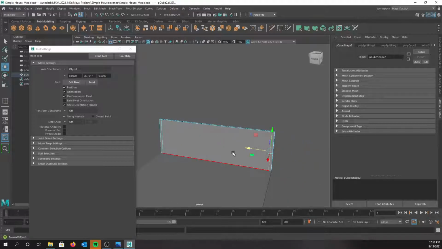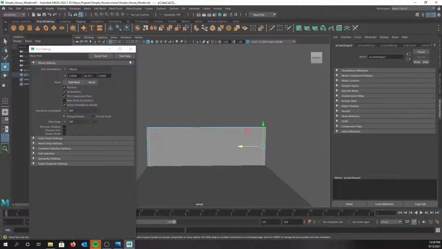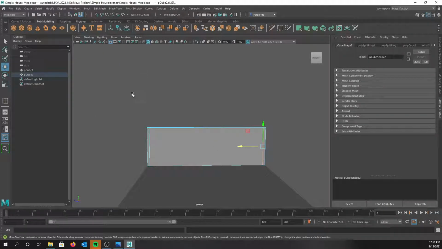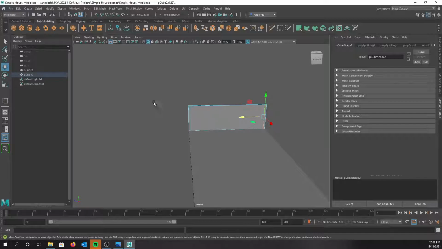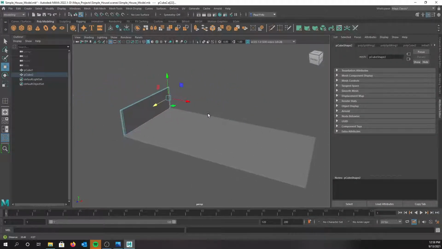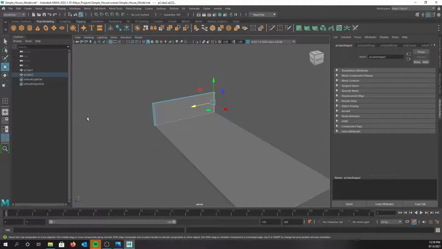Same thing here. All right, so now I've got them lined up the way I want them to be. I'm going to close that for now. The next thing we want to do is extrude this down the length of our model here. Okay, so what we're going to do is